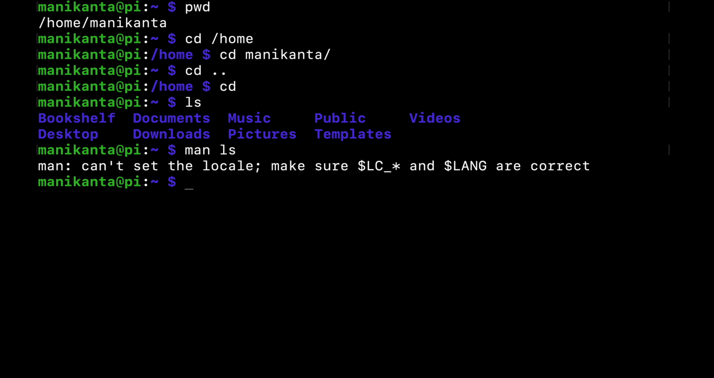And now let's say I need some more detailed descriptions of those contents, like bookshelf, documents, music, public. I want the date and time of creation, I want to see the permissions given to a specific folder, and I want to see the size of this specific folder. To see all those, ls -l. This -l is an option for the command ls. Okay, now if you click enter,